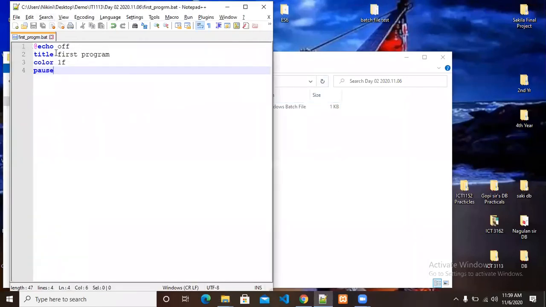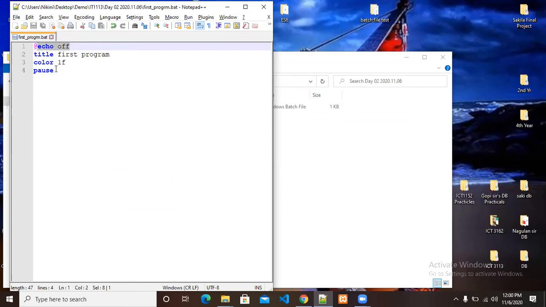Okay. First, we remove unwanted things. The thing is, here @ means it removes all the unnecessary parts. It will be eligible for this command only, this entire batch file only. You got it? @ means it only affects this file, not the entire batch files, just only here. So echo off means remove unwanted things.